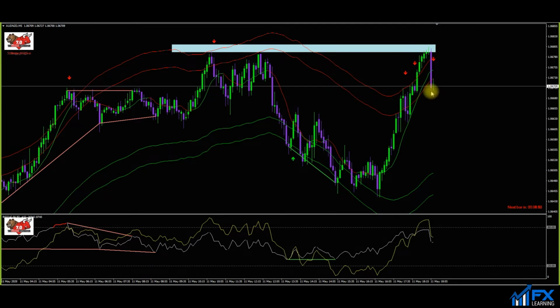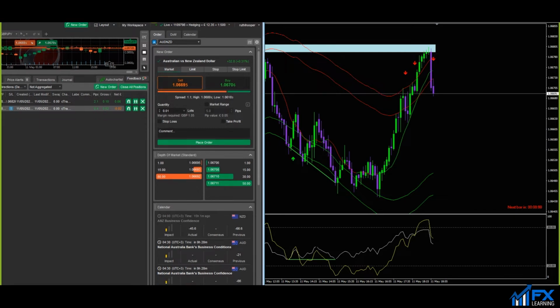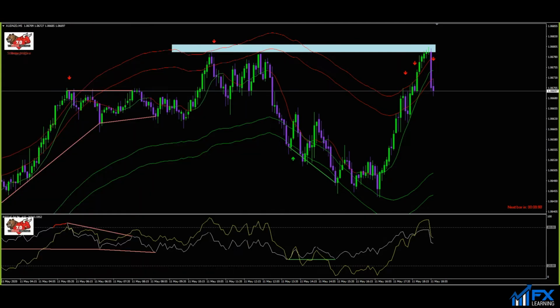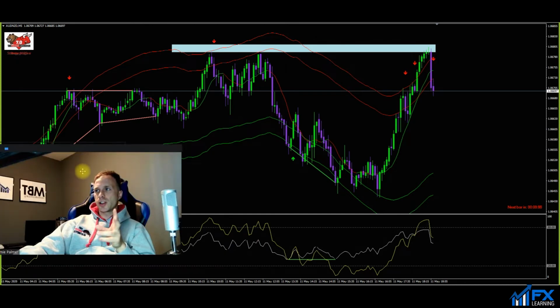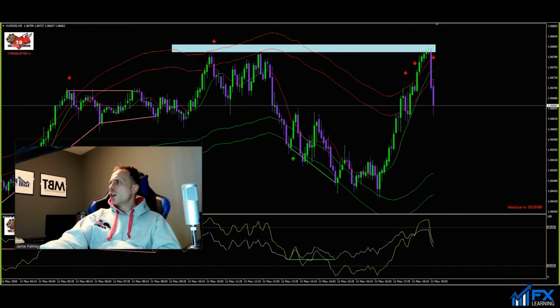But what I'm going to be saying to the BD members is, if I just bring this up here, you can see that both of these are nicely going into the green now. Nice. What I'm going to be saying to the BD members is when you get 2 confirmations of price action, you can bend the rules slightly to enter the market. Now, the reason why I'm going to say that,